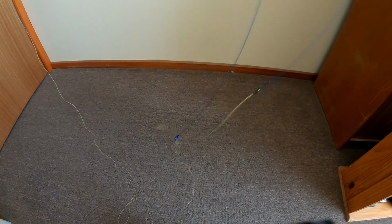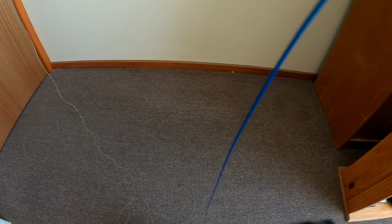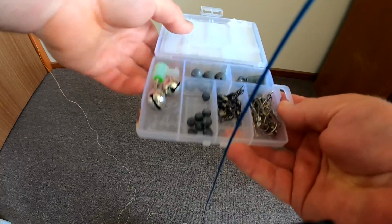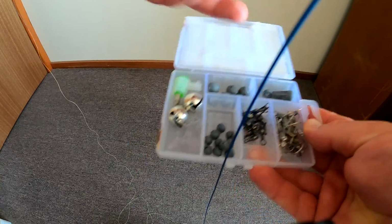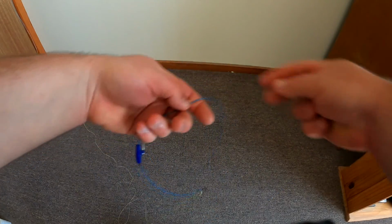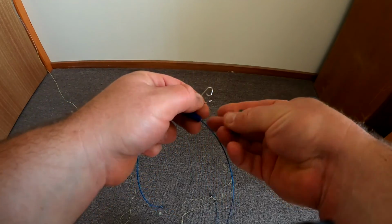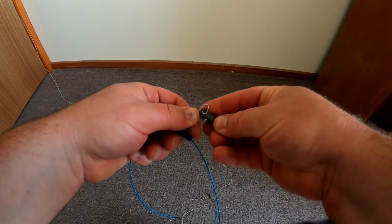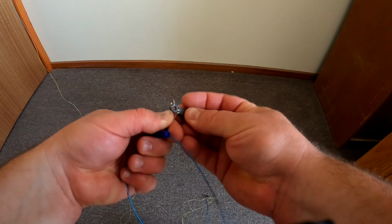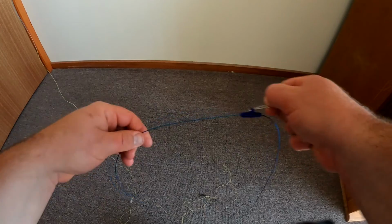Right, and next thing I've got to do, I'll just stick that there. Got an assortment of tackle here. Just grab a sinker. Undo this, thread my sinker on there, which I need to get sinkers that have got an eye in them. This one's not going to work. I need to get a